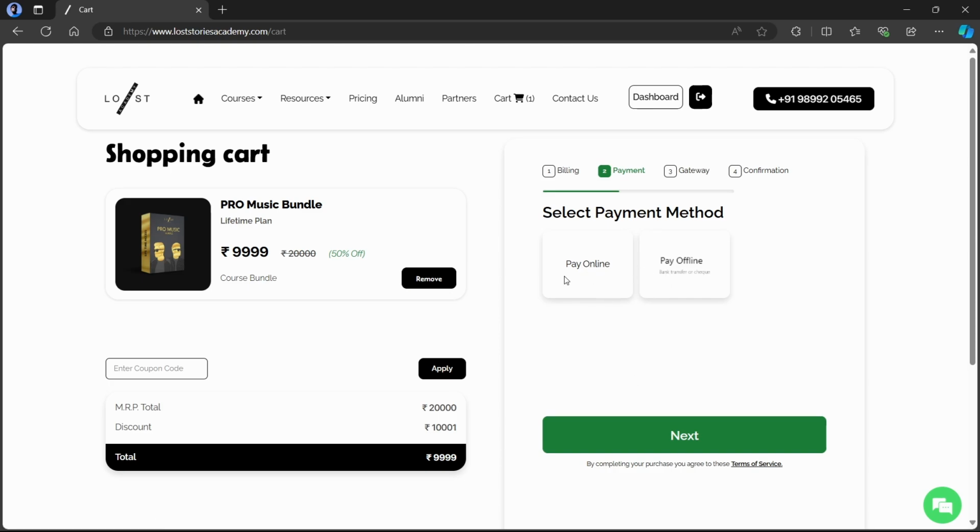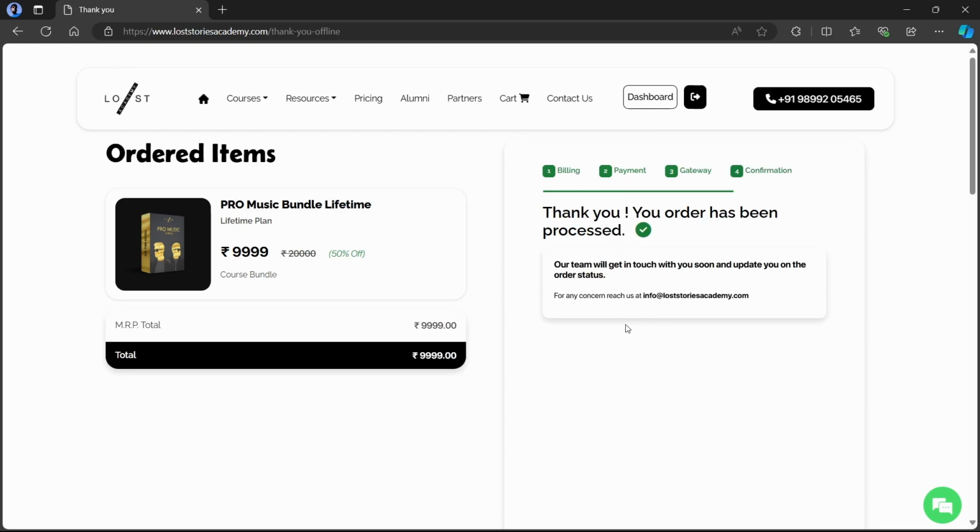So if you pay online, then it will take you to the payment website, and once you finish paying it, it will give you a confirmation. If you choose to pay offline, then your order will be processed, and then you will have to get in touch with the team once you have paid using the offline method if you do wish to pay at the